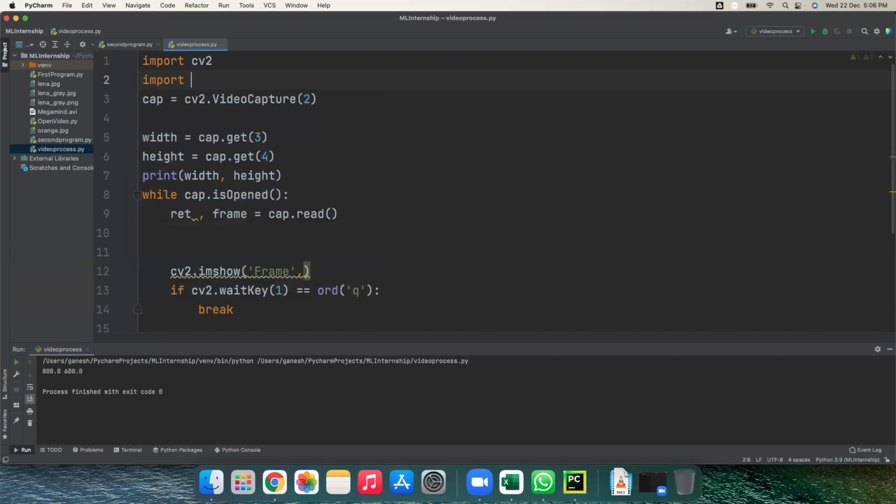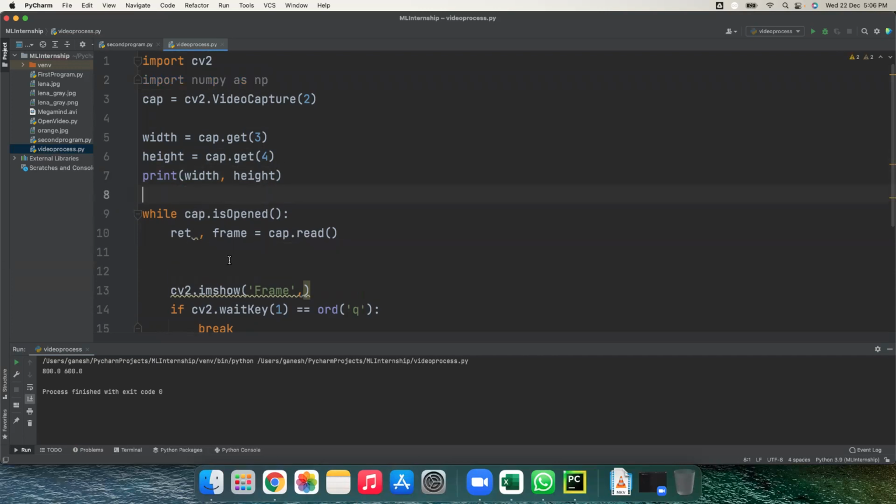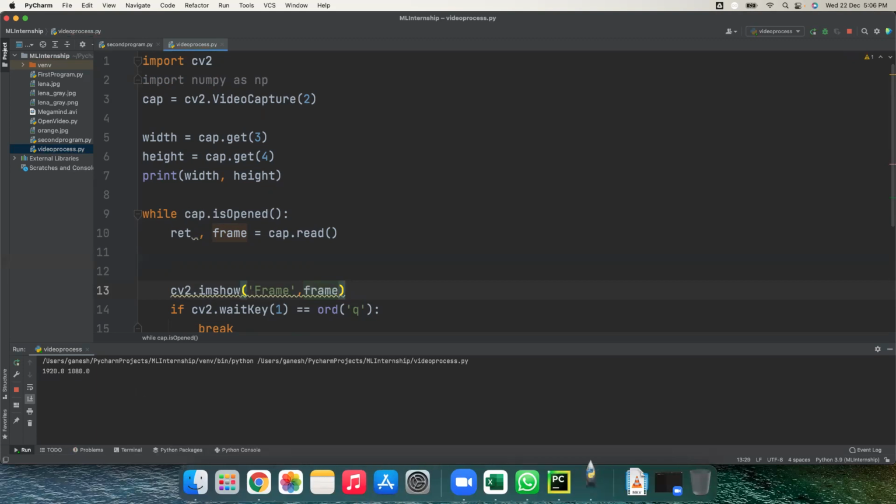So firstly, follow this step. Import numpy as np, and we have the height and the width. Now what will we do first? We have to make this frame. Now, what is the size of the frame? Let's first see the size of the frame. I think 920 by something, 920 by 180. Yeah, so it is 920 by 180.